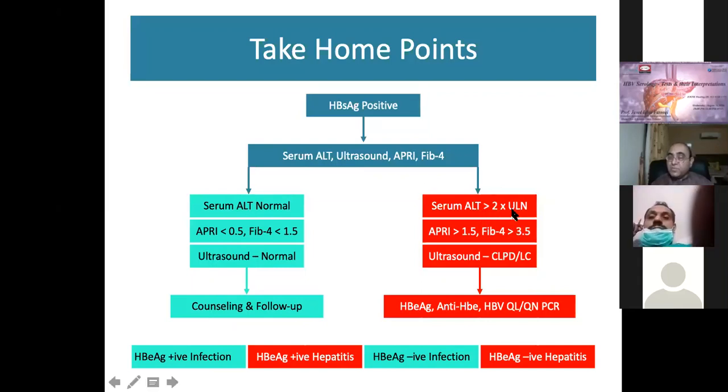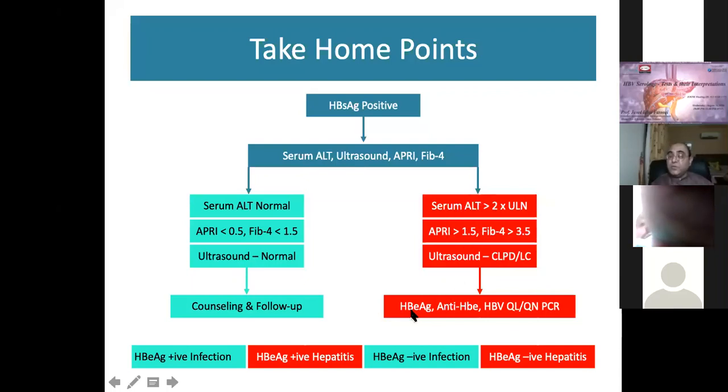But if the ALT is more than 2 times normal, the APRI is more than 1.5, FIB4 more than 3.5, and ultrasound showing either chronic liver parenchymal disease or frank liver cirrhosis, this is the group of patients. Any one parameter, not necessarily all 3. In the previous group, all these should be green, should be normal: the ALT, APRI, FIB4, ultrasound. Here, any patient with ALT more than 2 times normal, or the ALT is normal but FIB4 is more than 3.5, APRI more than 1.5, or the ultrasound is abnormal, if any one is abnormal,